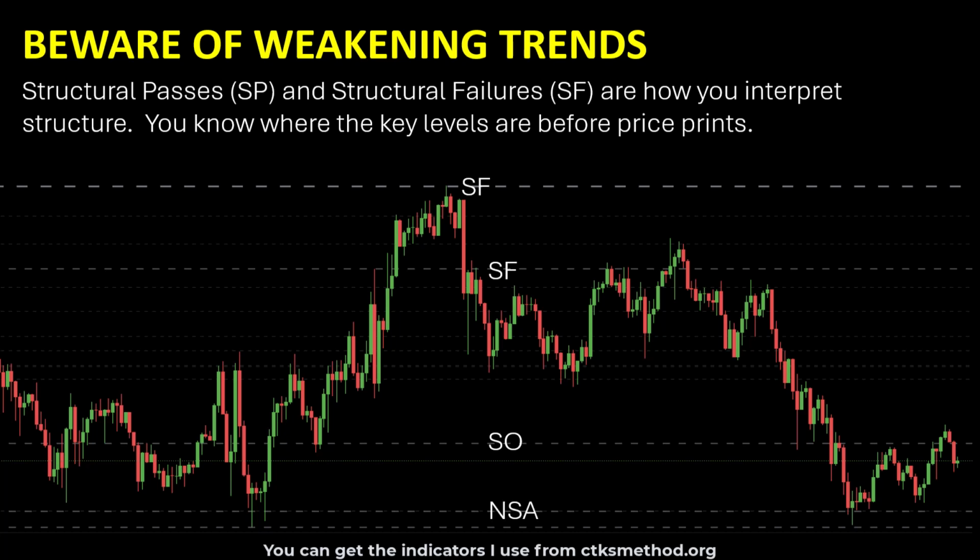So with that in mind, we find that we can create a target through NSA or negative structural attraction. Literally, as soon as you get a failure, NSA becomes absolute. So right here, if we fail here, we're going to this level. If we fail here, we're going to this level. But because we've got a weakness in terms of market structure, we can overshoot. And this is why knowing where the gaps are is exceedingly important. If you don't know where the gaps are, that is really, really bad.